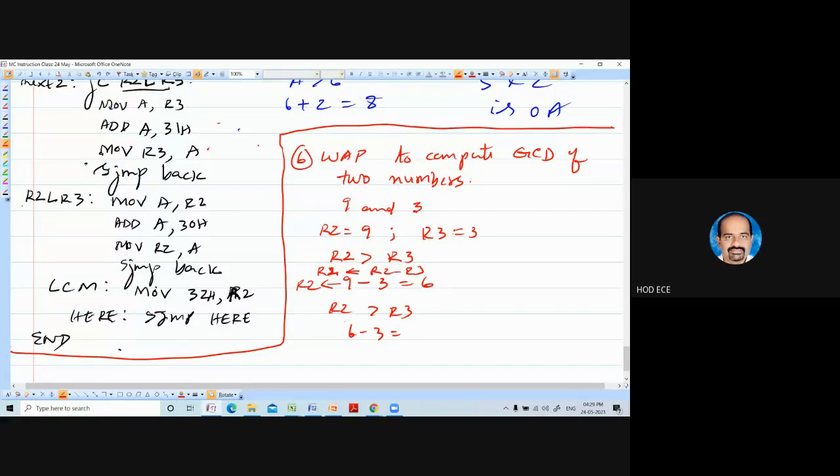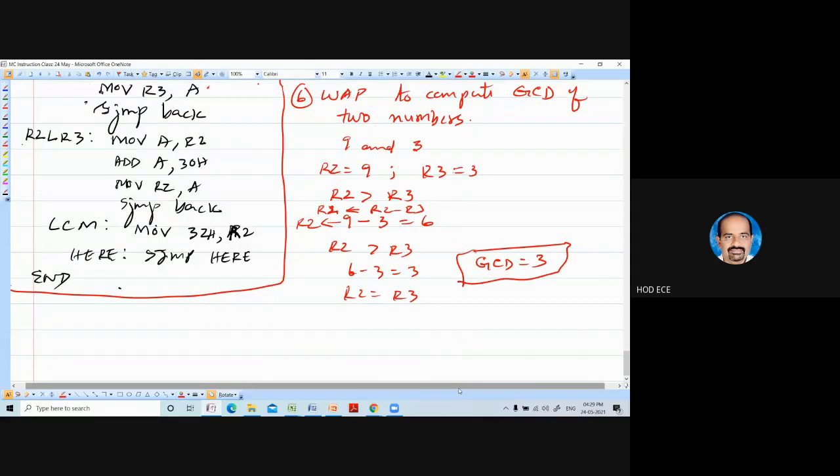So here also same thing. 6 minus 3 is 3. So now R2 is equal to R3. So GCD is equal to 3. GCD of 9 and 3 is 3.